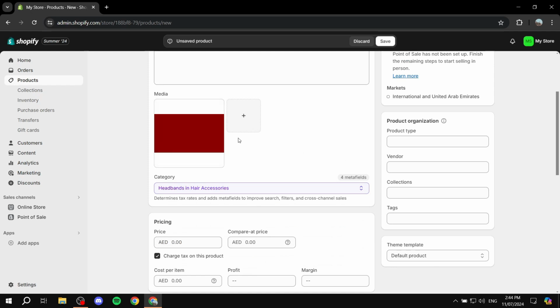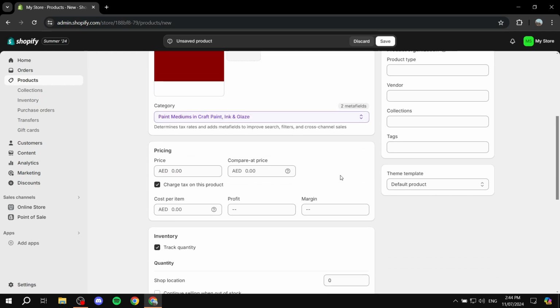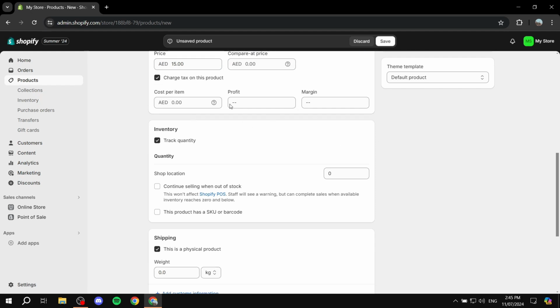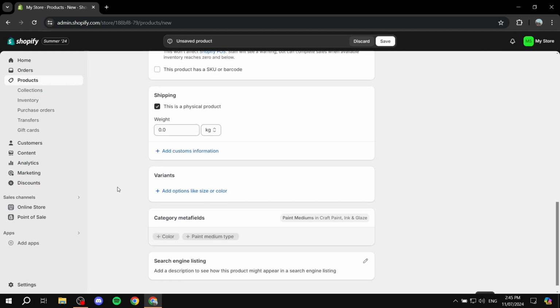And if you have multiple, you can make one as the main one. Give it a price. And if you want to add a compare at price, you can also do so. Basically, it means sale, so sale price. So this is going to be the higher one, and this is going to be the after sale price. And then if you want to add more stuff like the quantity of the actual item that you have,